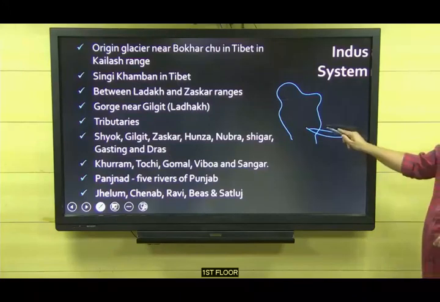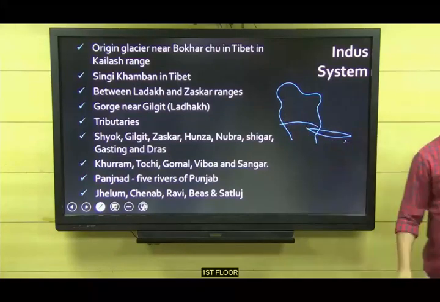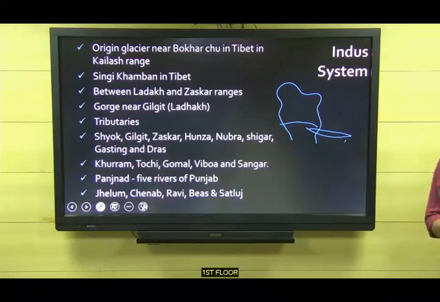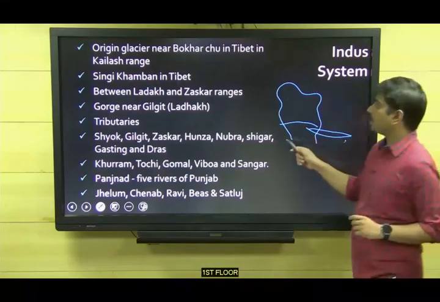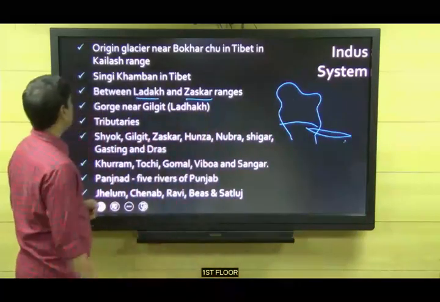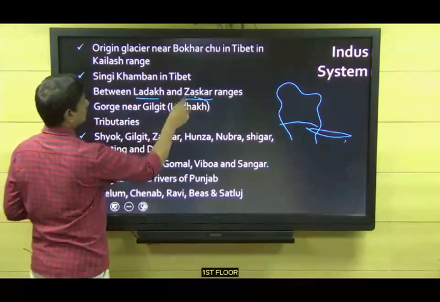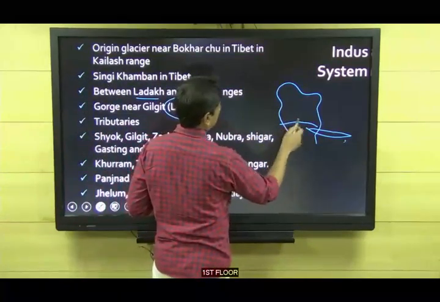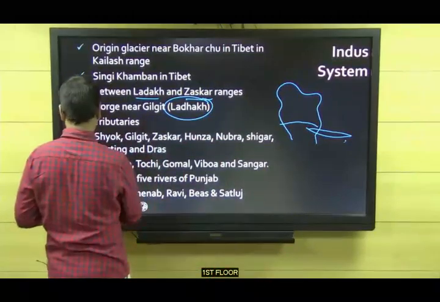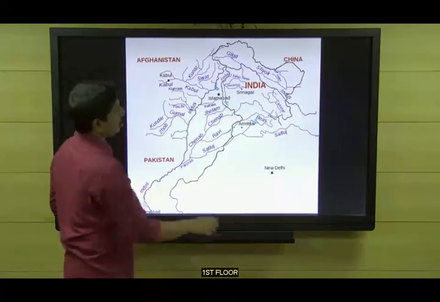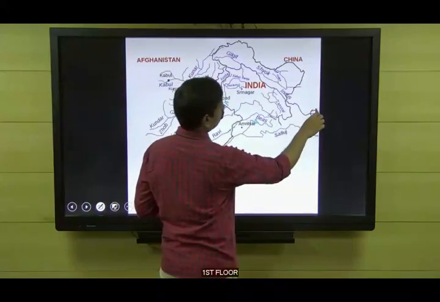When it comes into India, it flows between the Saskar and Ladakh range. Southern aspect Ladakh would be there, northern aspect Saskar would be there. It cuts the Ladakh range. So, I will take this only. So, it originates somewhere here, the Bokar Chu